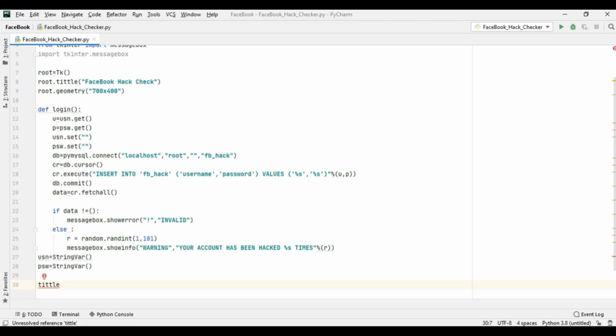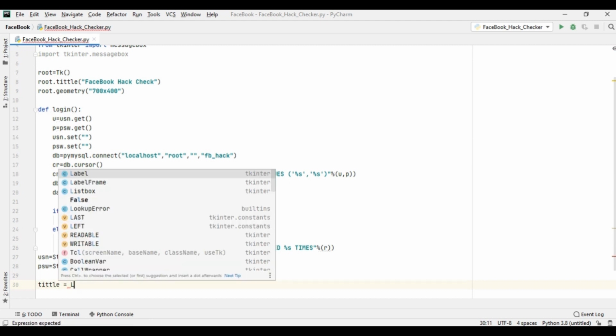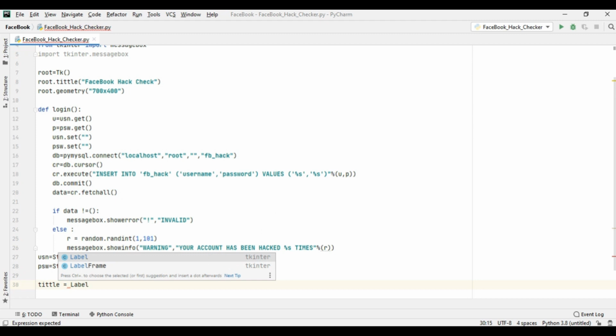Give the title, root, how secure is your Facebook?